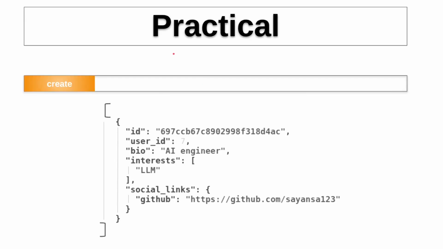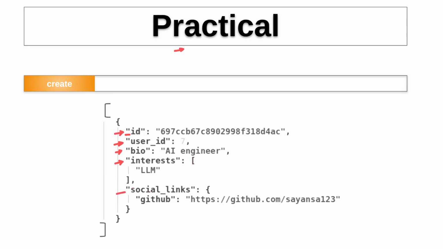First, let's understand what type of document we are going to store in MongoDB. Here, ID is the unique identifier. MongoDB automatically generates this ID. We convert it to string. Then this user ID, a custom numeric ID for the user. Then this is the bio, a short description of the user. Then this is the interests, means a list of interests. This is the array field,